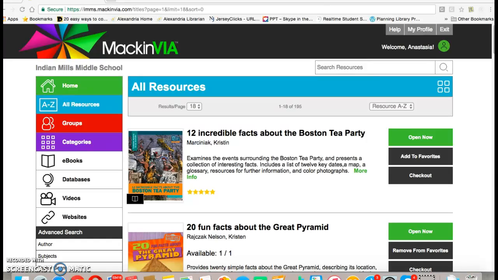to use the program MackinVIA. As long as you are logged into your Google account, you will be able to get to our Indian Mills MackinVIA account simply by clicking on the link in the description. If you click on that link and you are not logged into your Google